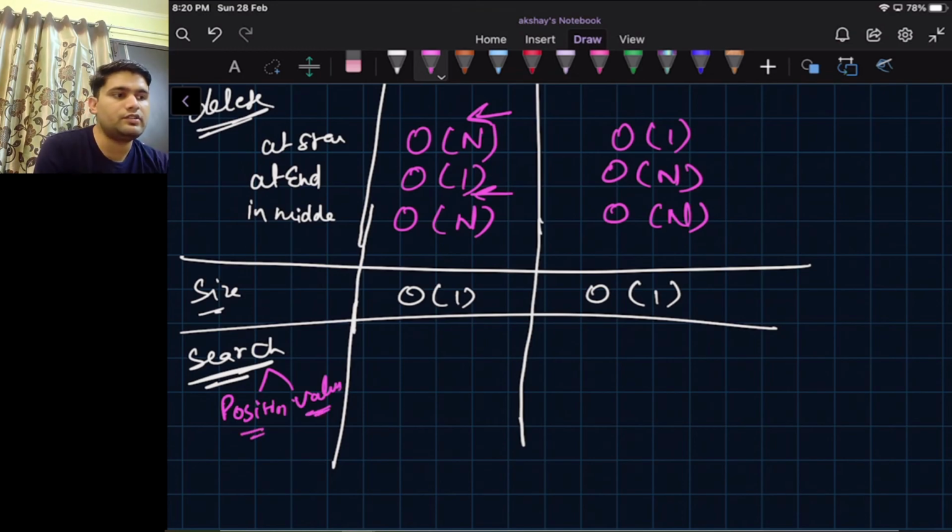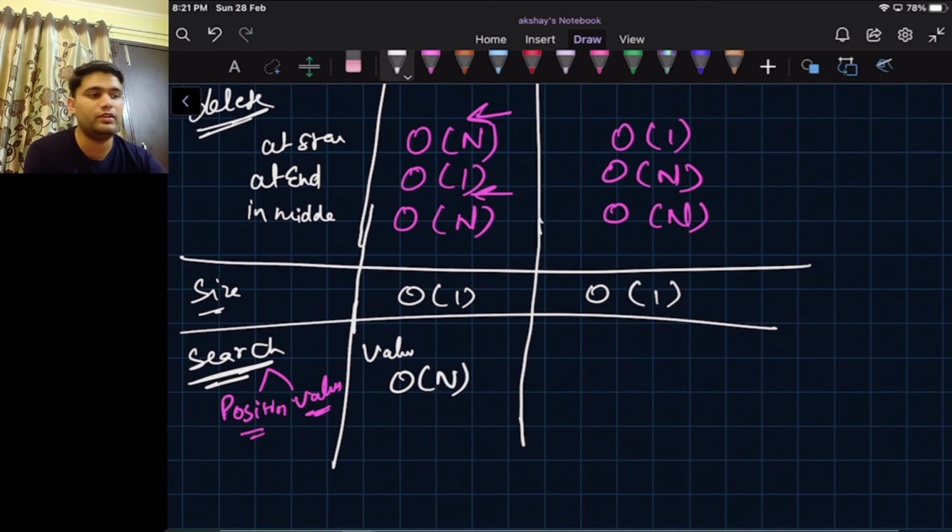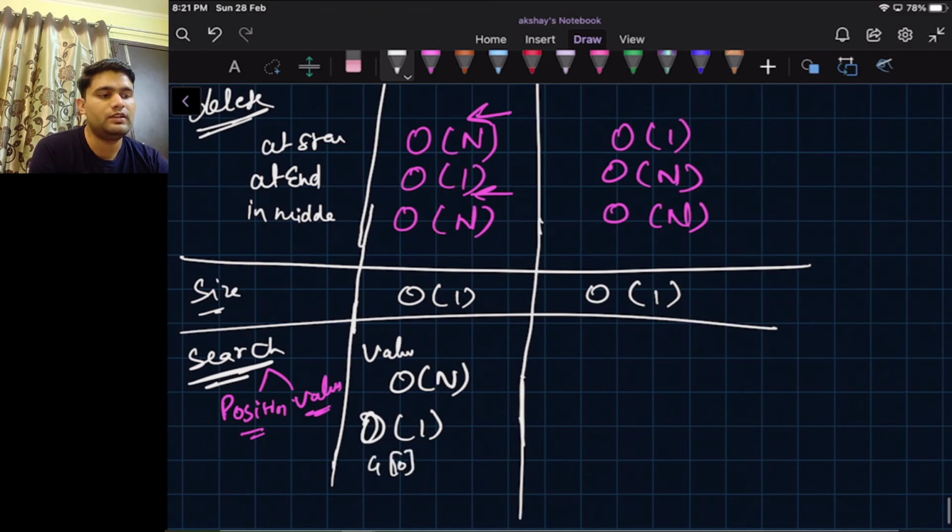In case of value, an array will be big O of n, because we need to traverse the array to find that value. In case of position, it is big O of 1, because array indexes are reachable in big O of 1. We can simply do a[10] to find the 10th value.